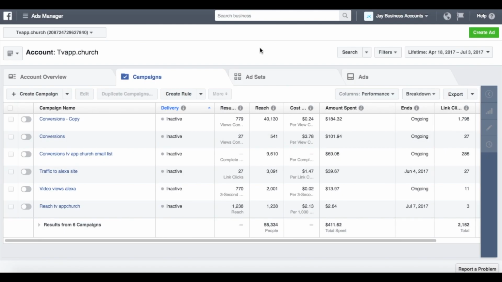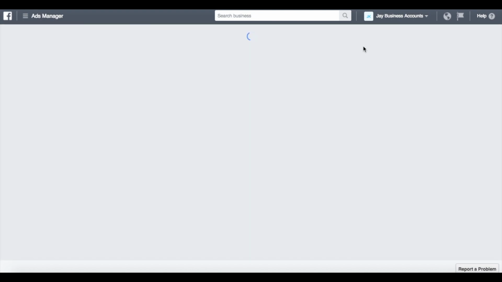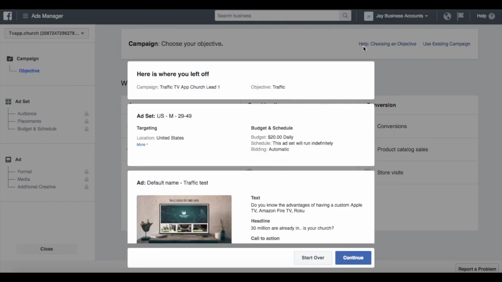Okay, so you're going to go to Facebook Ad Manager. You can always access that from your main homepage on Facebook on the bottom left-hand side, or you can just Google it. I would bookmark this page. I'm under business accounts, that's how I have this set up, but I'm going to show you how to get a Facebook Messenger ad going. So you're going to go ahead and create a new ad. I'm going to do a sample ad for a TV app